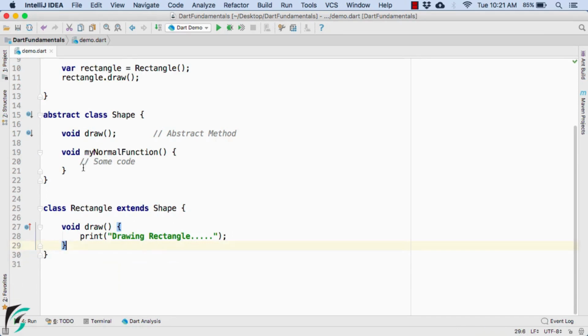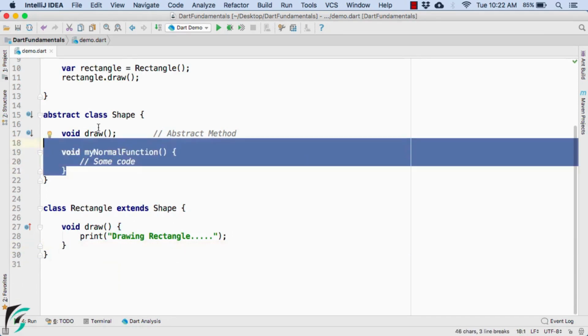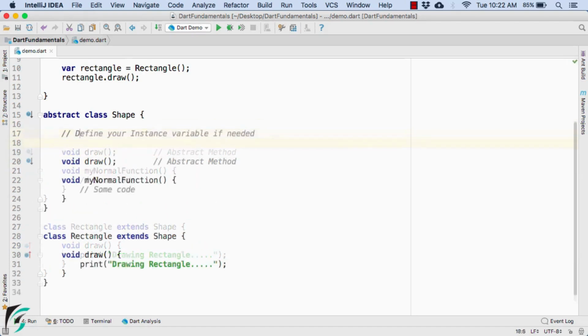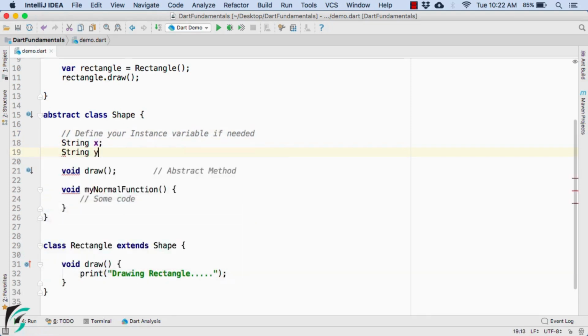And along with a normal function, you can define some instance variables as well. For example, you can define string x coordinate or string y coordinate, and I think it will be better to use int x or int y. It is totally up to you.